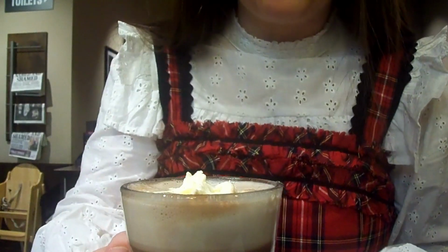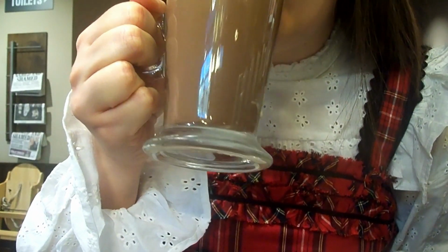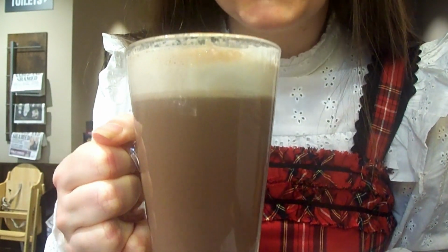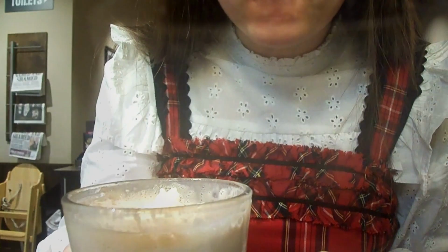I couldn't think of any cons. If you don't like gingerbread, then it probably wouldn't be your thing, but otherwise I can't think of anything. It's very well balanced, very tasty. So I'd say it's a 10 out of 10 great Christmas flavour drink, and it's a 10 out of 10